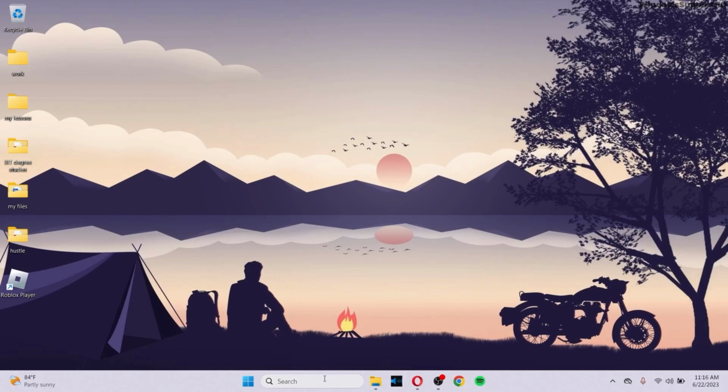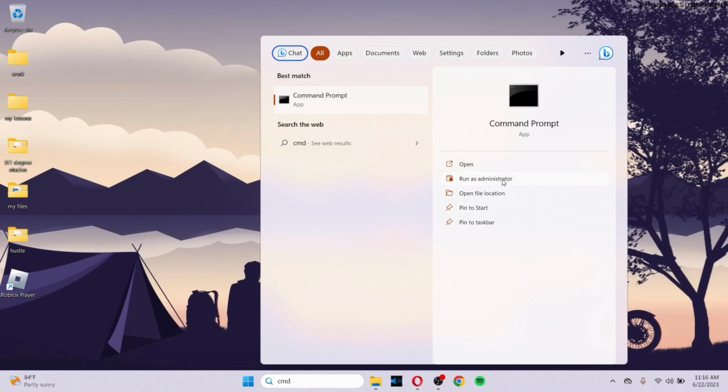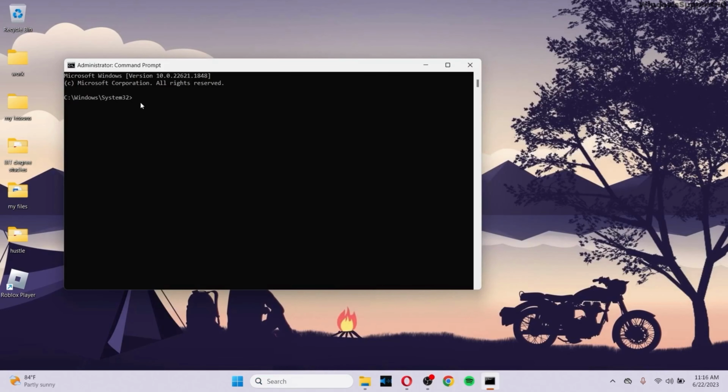In order to do that, go to the search bar and type cmd. Make sure to run the command prompt as administrator, and after that, type in ipconfig /flushdns. Make sure that you type this command, which will flush your DNS. The next command you have to type is netsh winsock reset. After you type this, your network adapters will be reset, which might fix your problem of Xbox or MS error code